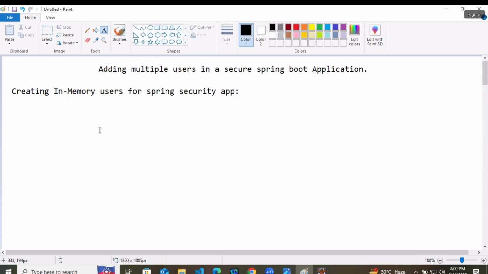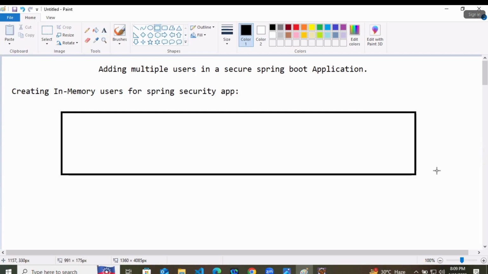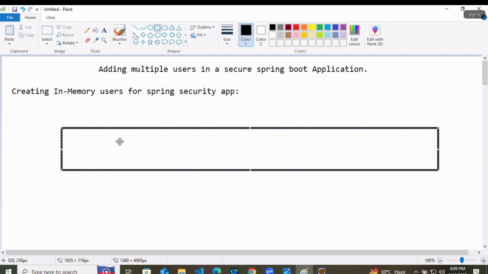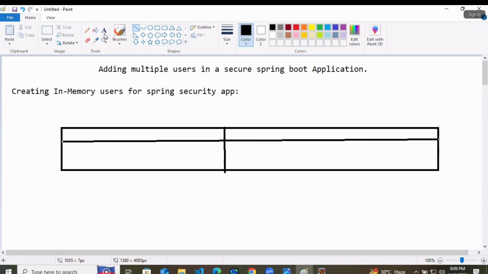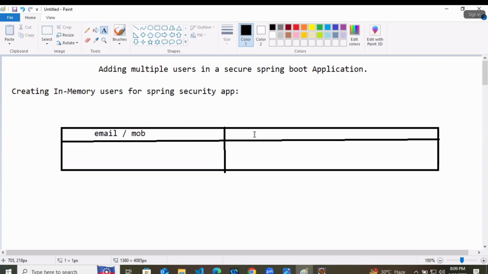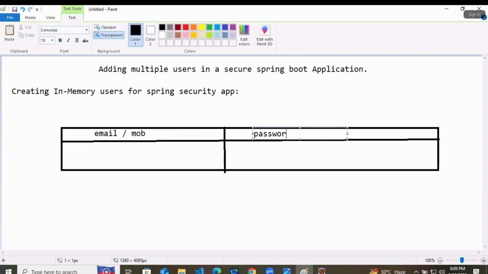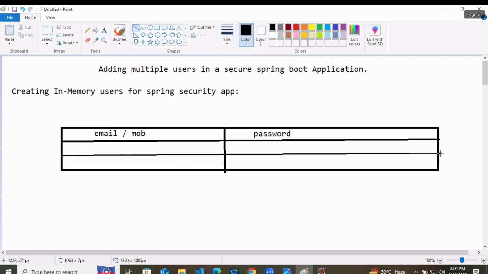Now let's say this is the database of Facebook. What I'm trying to tell is this is the database where Facebook is storing the email address and password of its users. Earlier it used to be very simple.